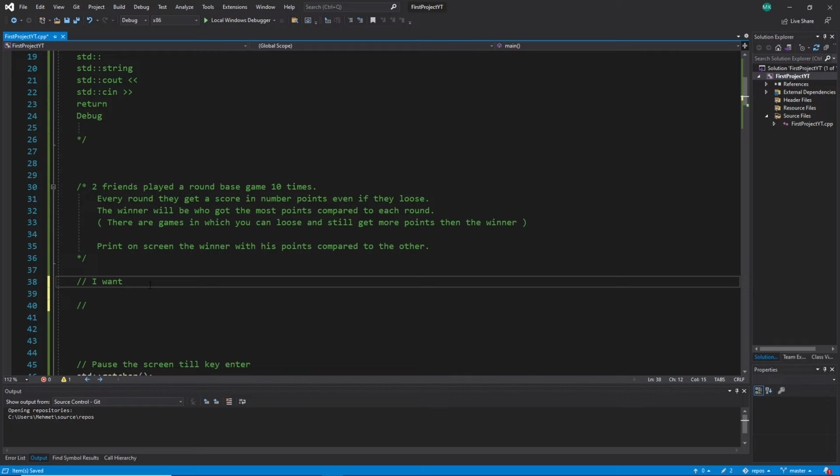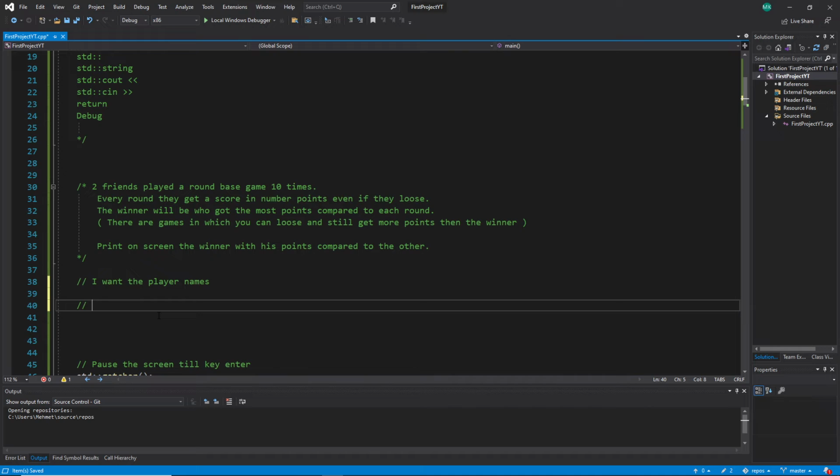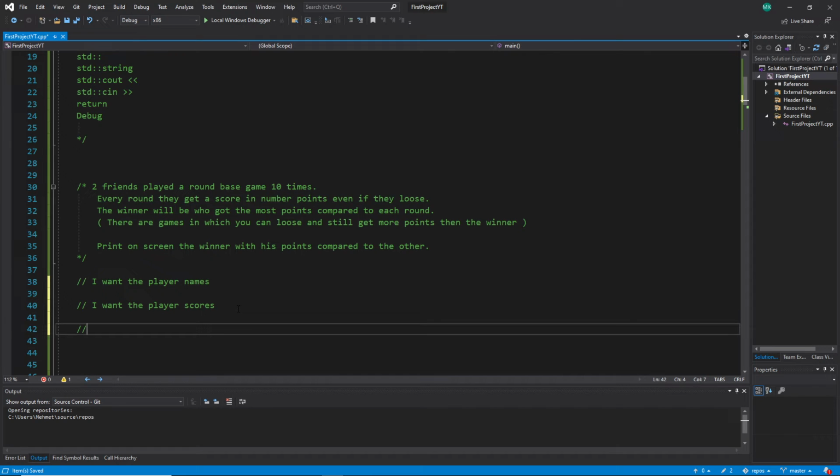Because I want, it is all time a good start. I want the player names, and then you convert this one. We know how to get them. Then I want the player scores. Yes, because then you have to get the scores, and then you can say I want to create